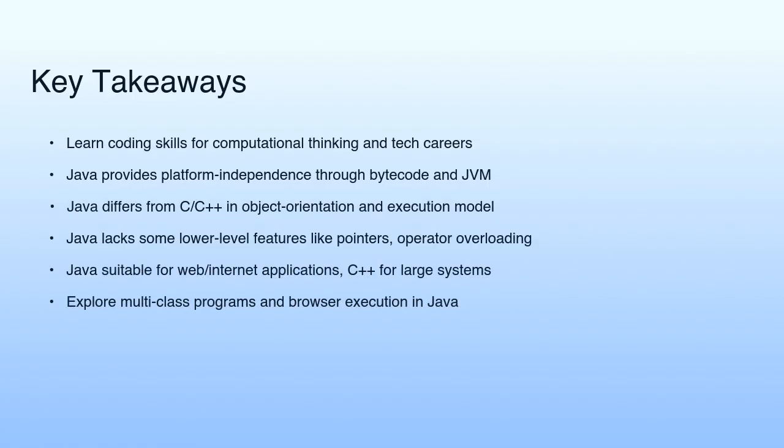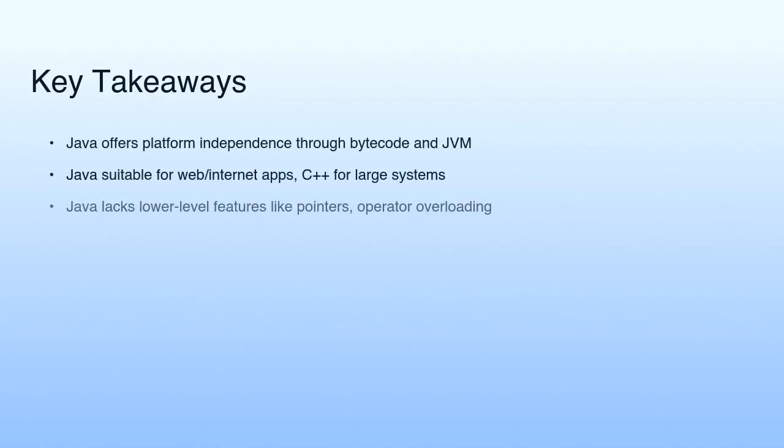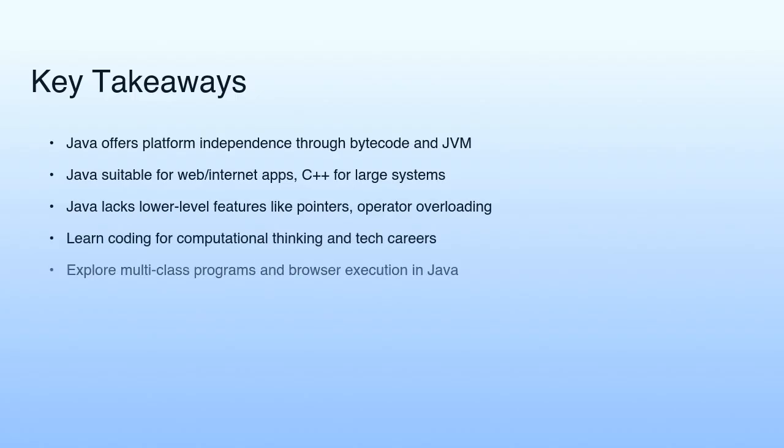applications. In summary, the video teaches coding skills for computational thinking and technology careers, emphasizing Java's platform independence through bytecode and the JVM, its differences from C and C++ in object orientation and execution model, its suitability for web and internet applications compared to C++'s strength in large systems, and the exploration of multi-class programs and